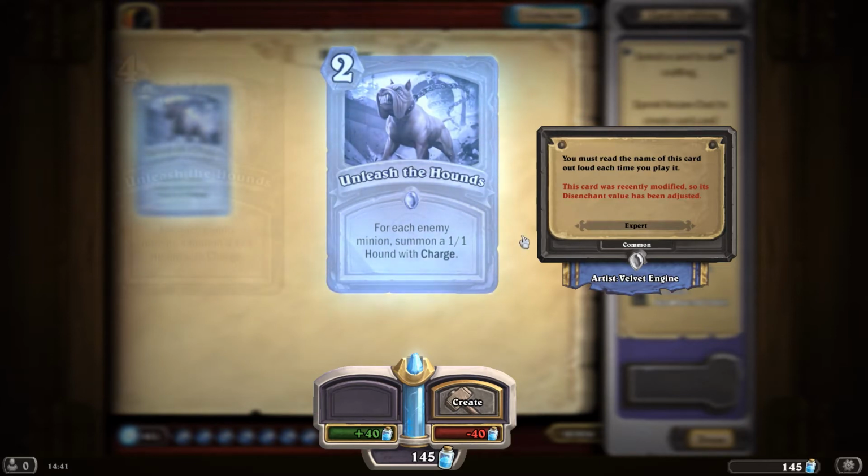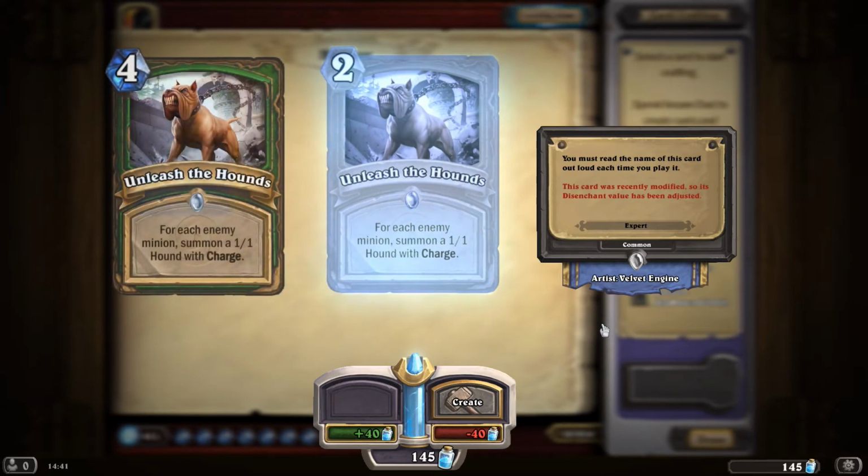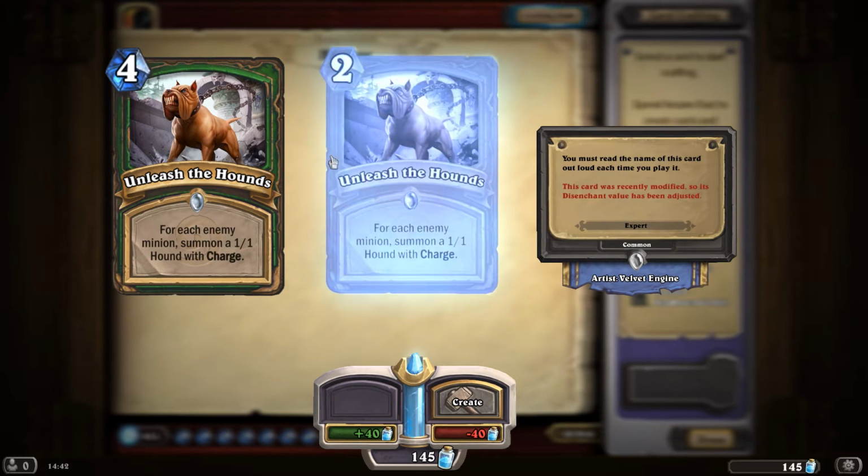I'll have pictures of all of the old cards next to it, possibly here, so you can compare and see what's been changed. On this card, the only change they've made was the mana cost. It is now 2, and now I can actually see a use for this, because it was 4 last time. So for each enemy minion, summon a 1/1 hound. It wasn't worth it for 4 mana, but I can actually see this being worth it now for 2,